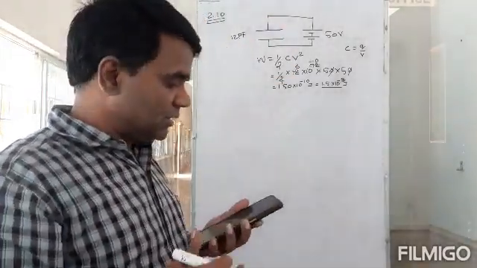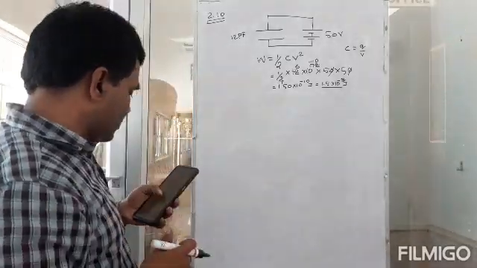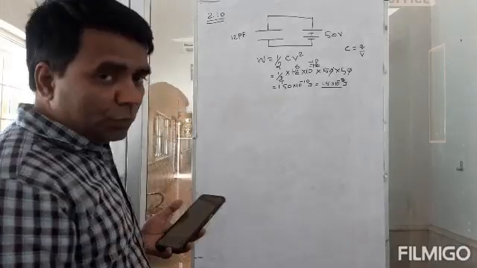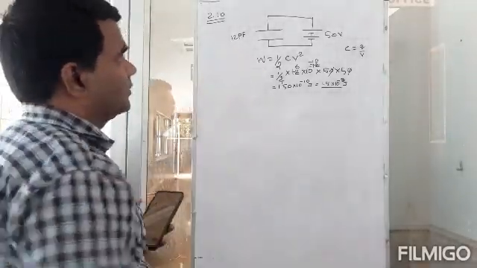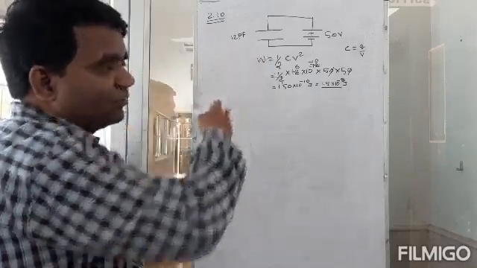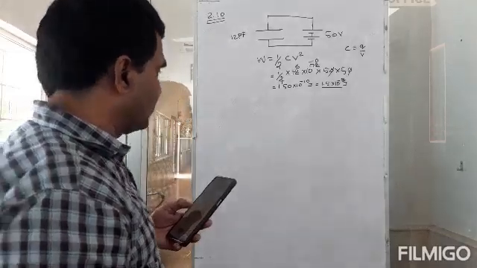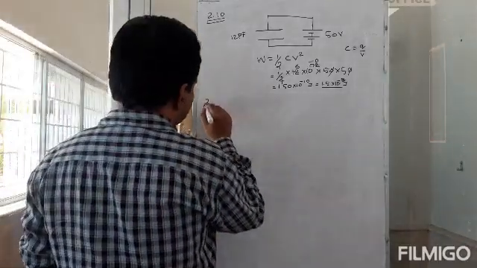It's a very simple problem, nothing complicated about it. It's a straightforward application of the formula. Take the values and substitute those values in the formula, then we are going to get the result. Then the last problem, 2.11,